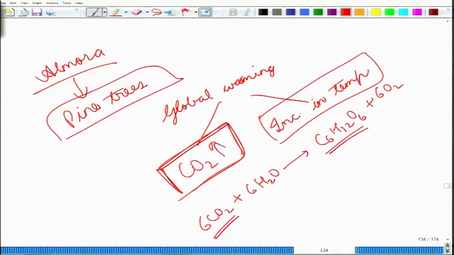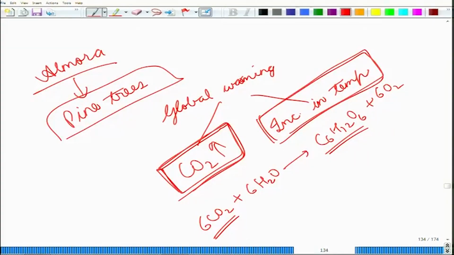On the other hand, if you consider a pine tree planted in Madhya Pradesh, your pine tree, which is a tree of cold areas, has already been put in an area that is extremely warm. If you increase temperature further, its efficiency will go down even further. So, we wanted to ask, because we have these two processes, carbon dioxide fertilization and an increase in temperature, how would that impact trees in different locations?